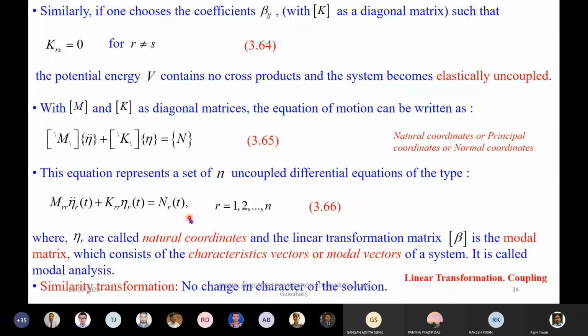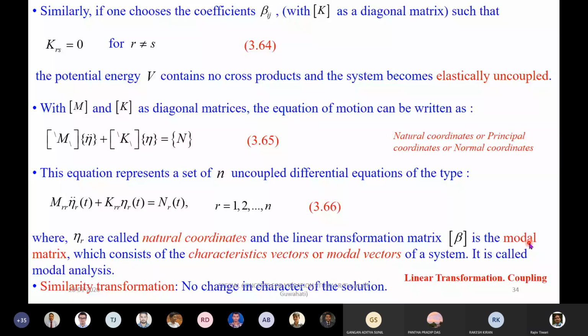So that is the motivation of this particular specific transformation, in which we would like to diagonalize the mass matrix and the stiffness matrix, so that we can get equations similar to the single degree of freedom system, but they will be n in number, and the solution is easier. Such a very specific transformation is called